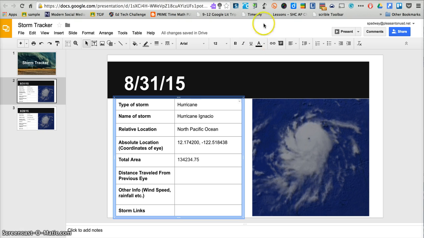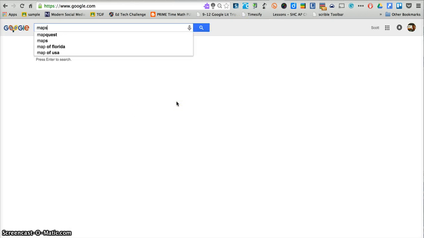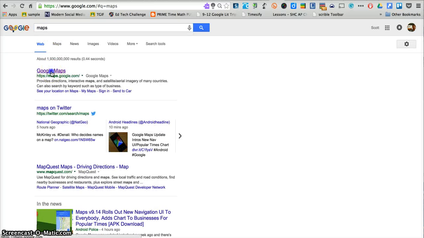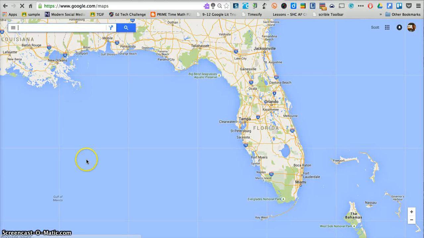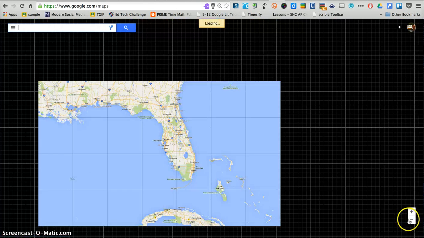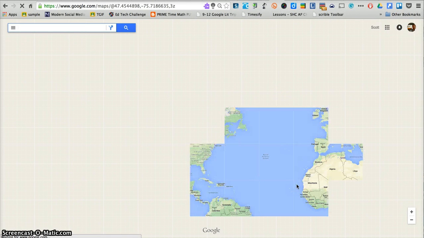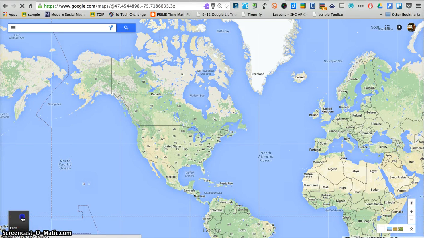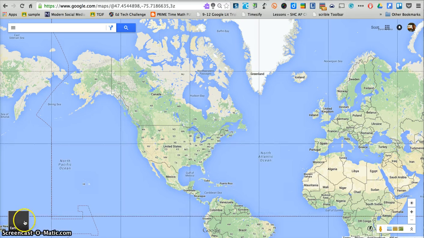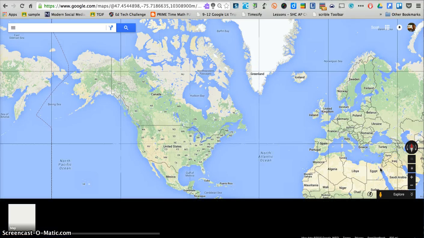So the first thing we're going to do is go to Google, and we're just going to go to Google Maps. So you can type in Maps and click on Google Maps or maps.google.com. And when you're in Google Maps, we're going to zoom all the way out. And we're going to have to switch from this map view to the Earth view. So if we click over here on Earth, and it'll switch now so we can see